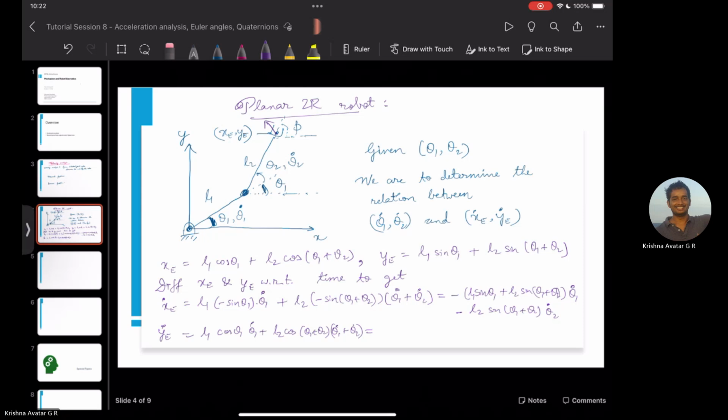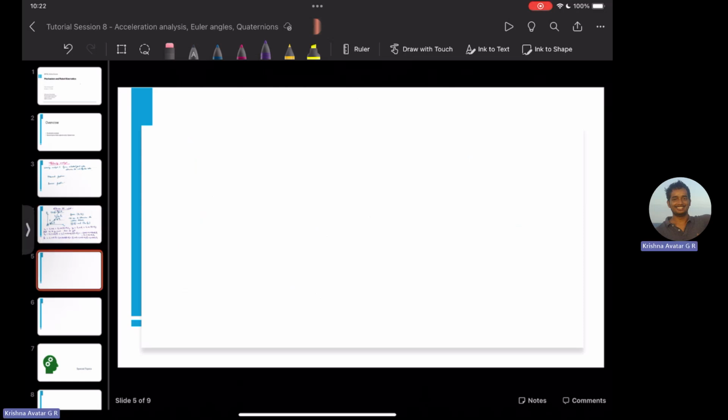And this gives us, clubbing terms with theta 1 dot and theta 2 dot, L1 cosine theta 1 plus L2 cosine theta 1 plus theta 2 times theta 1 dot, plus L2 cosine theta 1 plus theta 2 times theta 2 dot. Right. Now what we can do is,